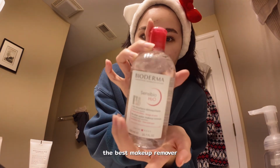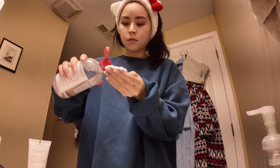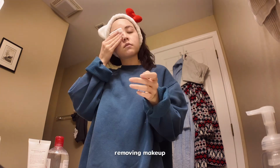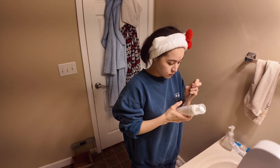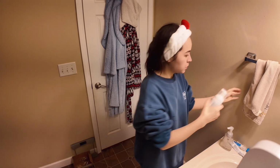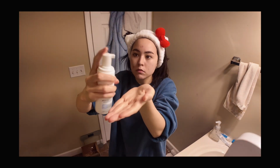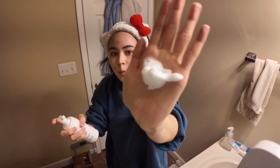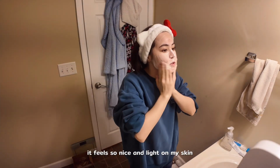Literally the best makeup remover for combination skin. So nice and